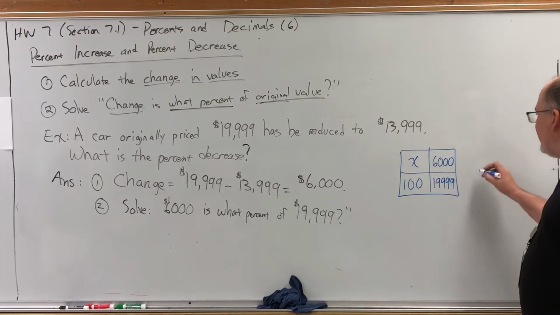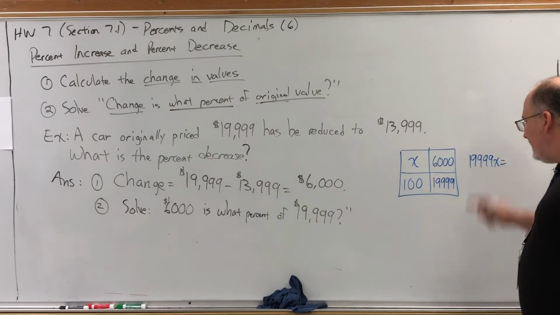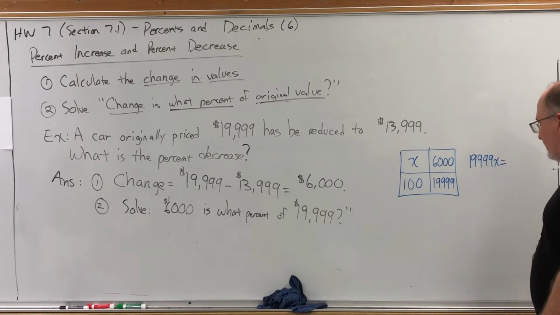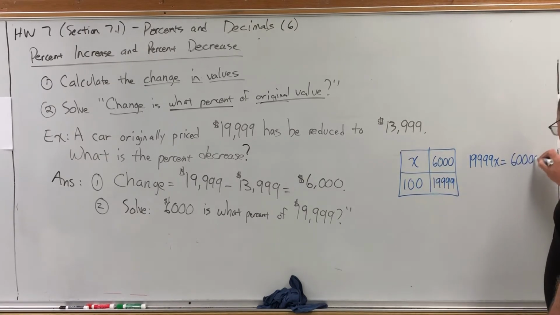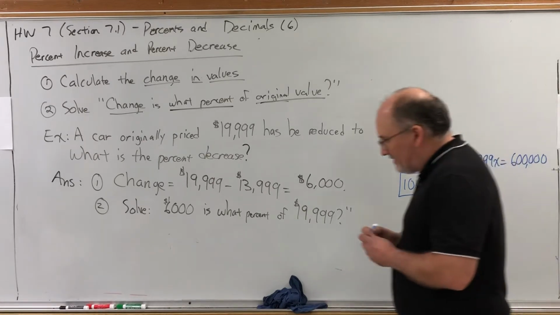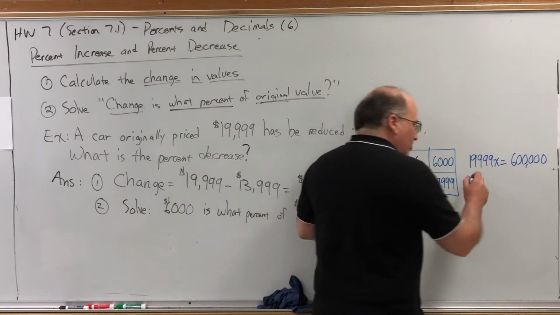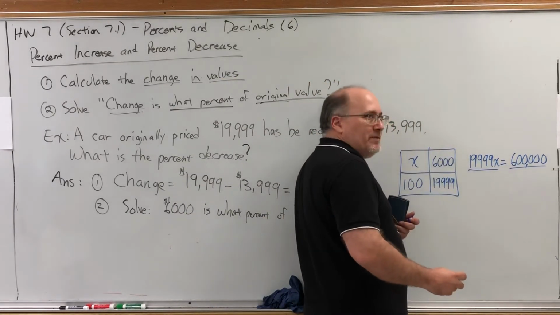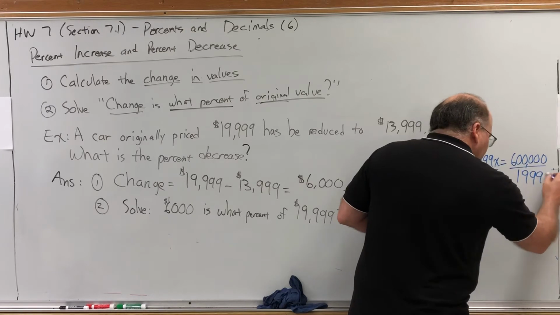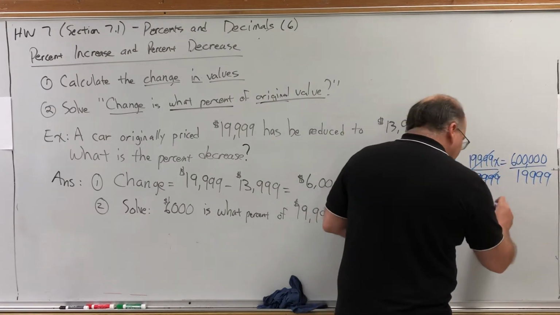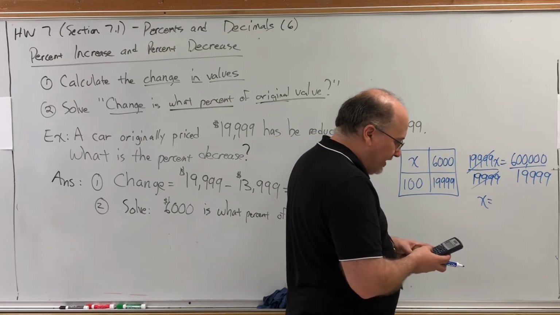X times 19,999 is 19,999x. The other way, 6,000 times 100 is 600,000. Well, that makes sense. 6,000 times 100 is 600,000. And now, to find the percent change, we just have to divide by the number preventing the x from being by itself, 19,999 on both sides. If we do, carefully, 600,000 divided by 19,999,